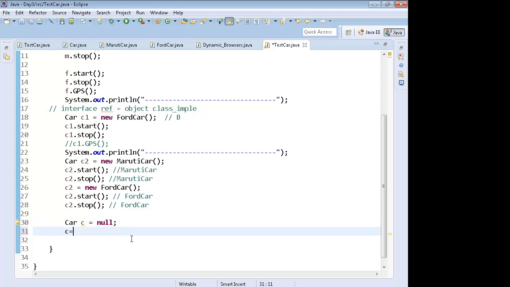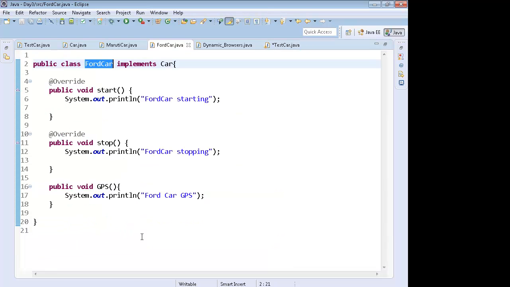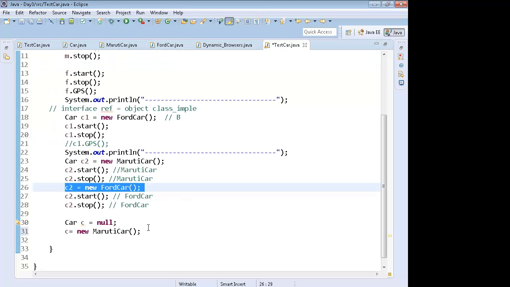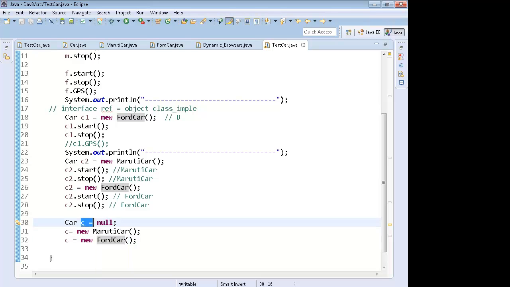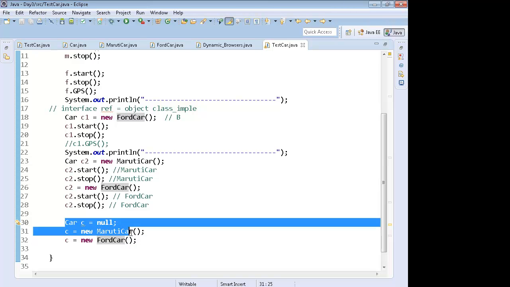Based on my requirement, I can make C point towards an object of Maruti car, or I can make C point towards an object of Ford car. Okay, C is null, it is not pointing anywhere. Based on my requirement, I can make C point towards Maruti car, Ford car, any object.